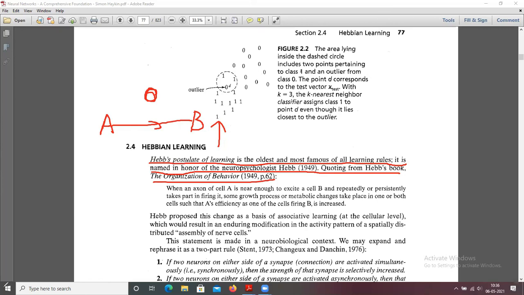For example, we can learn things quickly. Why? Because we are giving fire to the neurons. Sometimes we forget things. Why? Because the neurons are not firing. If any neuron fires continuously, then automatically the synaptic weights of that neuron will be increased. This is a normal phenomenon to our brain.